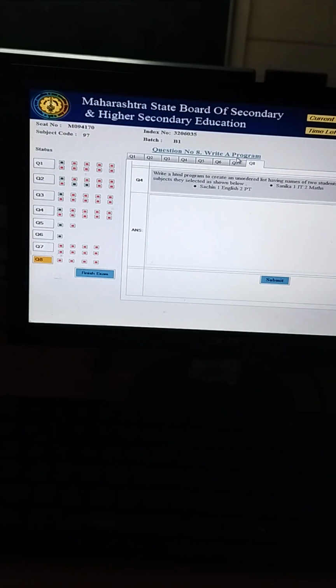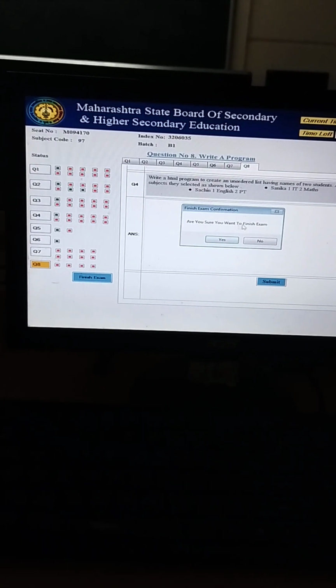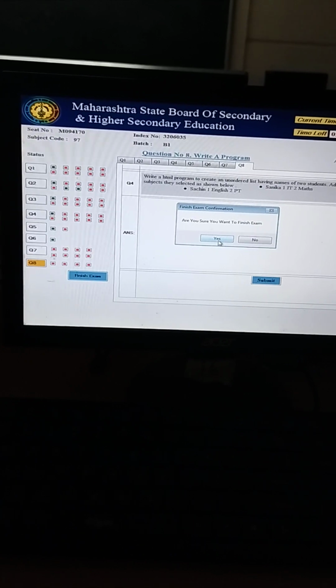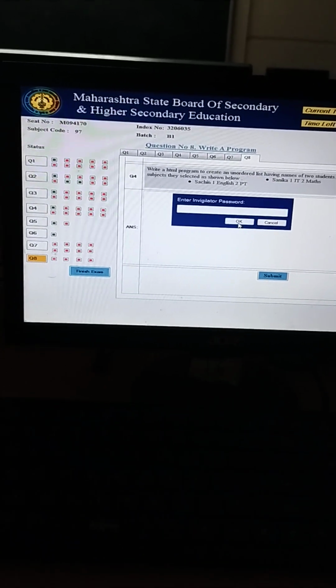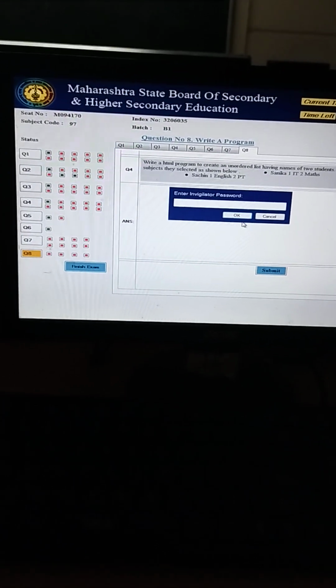So now suppose it is done, click on finish exam. Are you sure you want to finish the exam? Yes or no, whatever you want. Suppose I'm done with my paper as well. Now here you'll call your invigilator, that person will enter the password and your exam is over. After entering the password, the person will click on the OK button, and then it is